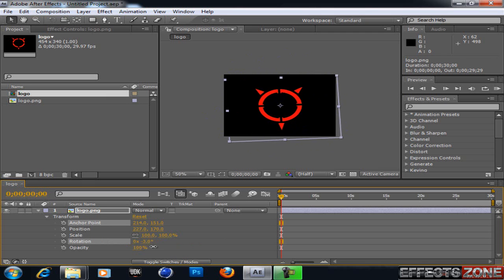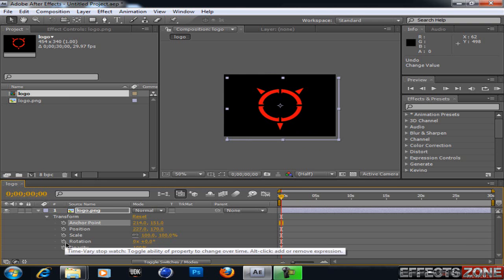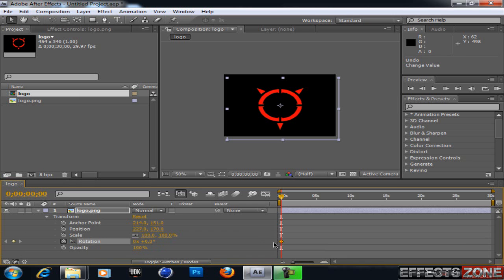And now we can create an animation of our logo rotating. To do that, simply drag the time indicator to the first frame and click on the stopwatch of the rotation right here. That will create a timer icon in the timeline, which is for the keyframe. Now if you move a few frames forward and rotate it,